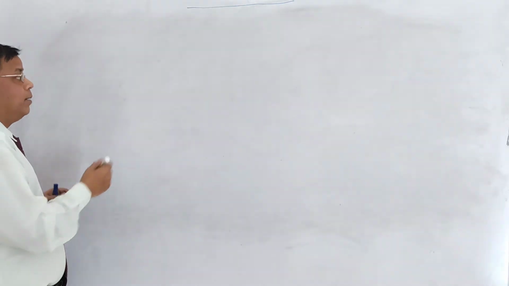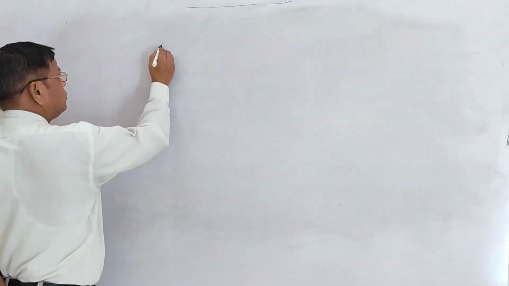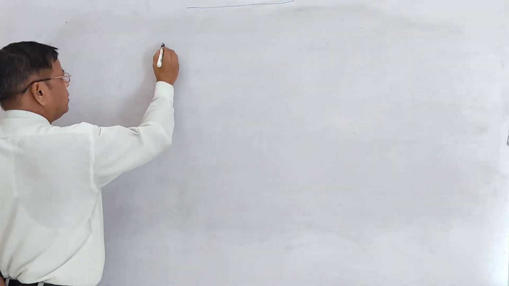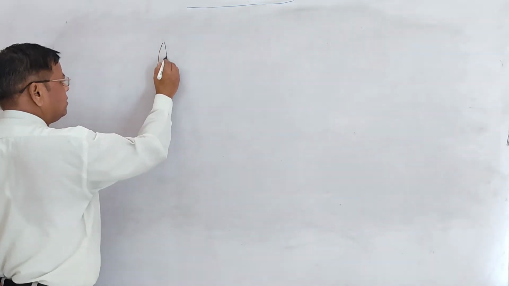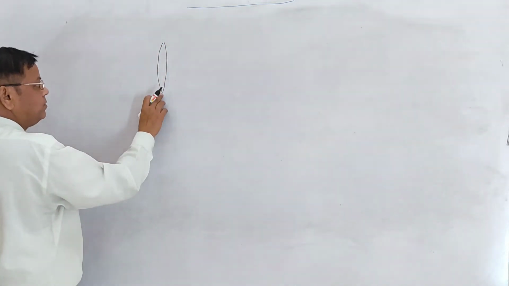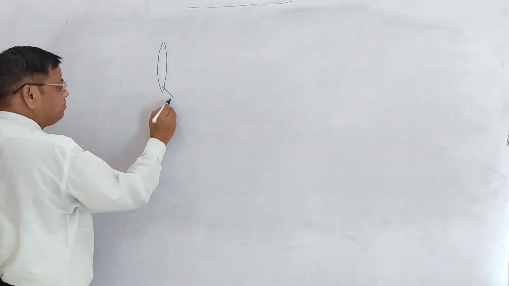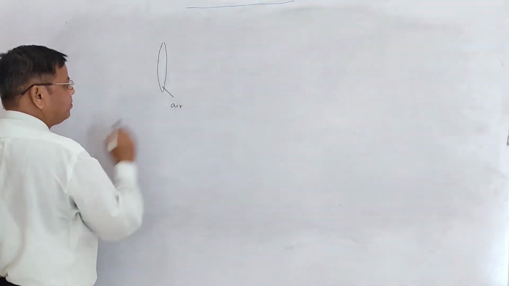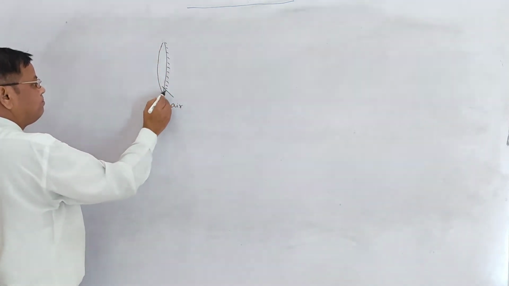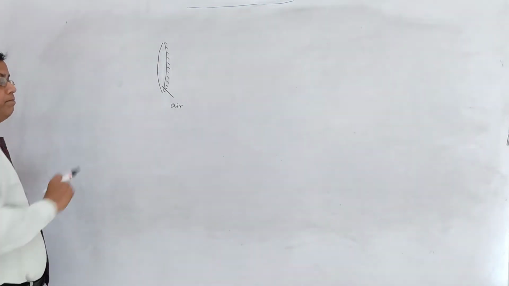Let us see one more example. Suppose it is a thin glass and it is another thin glass. These two thin glasses are joined at the apex, and here it is hollow. It is air filled here, and this surface is silvered. What is the effective focal length of this silver air lens?